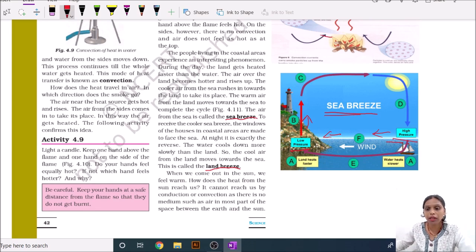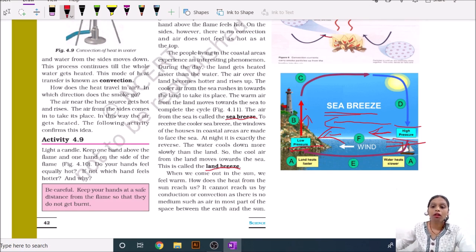That's why the air over the land rises up, and a low pressure area is created there, and a high pressure area is created over the sea. You know that air always goes from a high pressure area to a low pressure area. That's why the air comes from the sea to the land, and the air that rises up